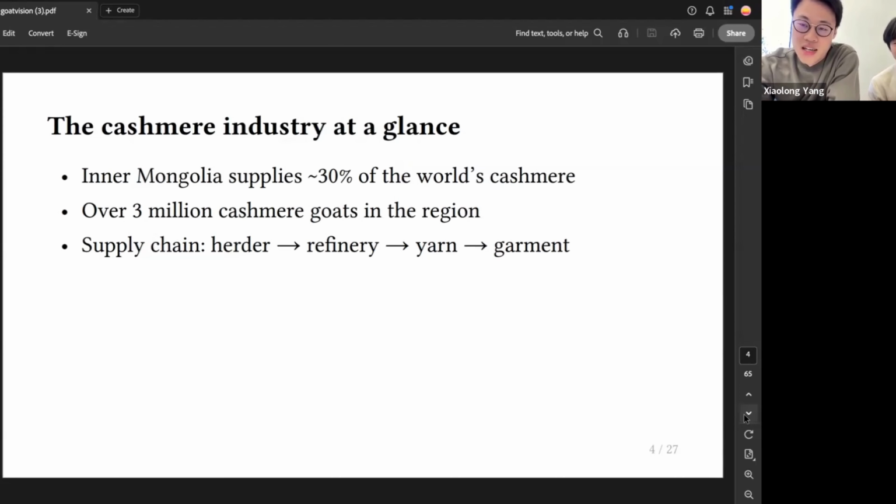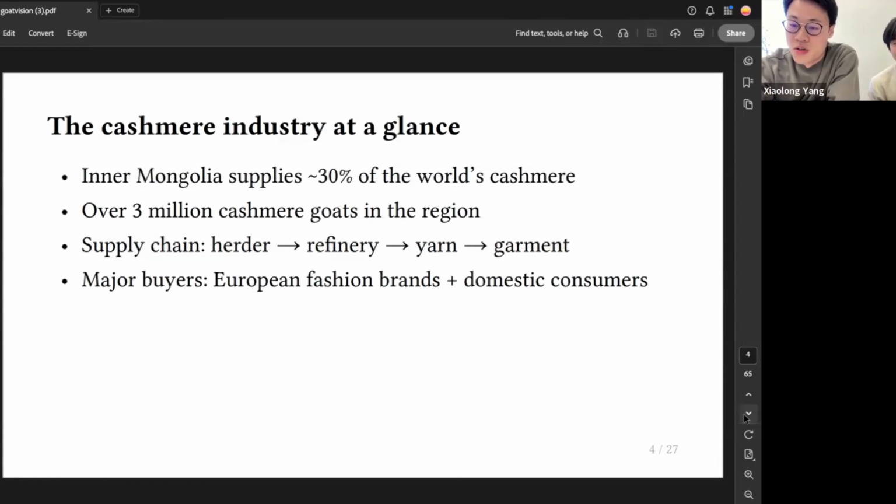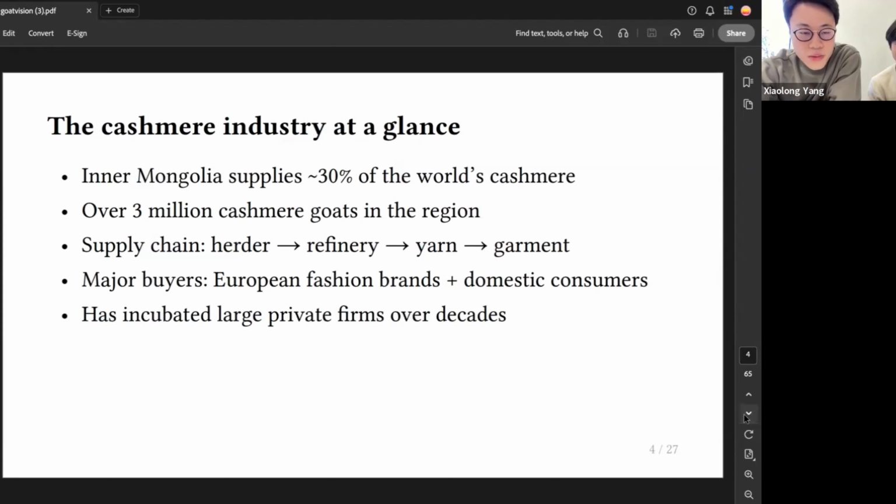But this is not the case at the very bottom end of the supply chain, which is the goat raising business. One of the main problems with the goat raising business is that almost all of the man-raised, farm-raised goats are raised in a very segregated manner, and I will talk a little bit about what that means in the next slide. Yeah, so this is what I meant. The region has created a number of large businesses, but the problem that we want to address has not been tackled over the years.